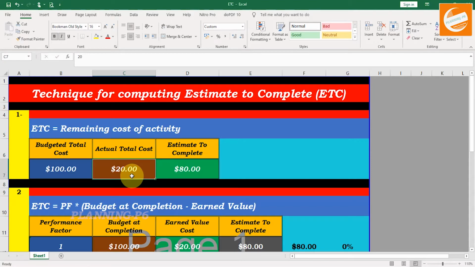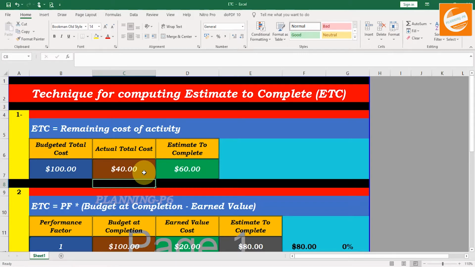If you put $30 here, then it will change to $70, and if you put 40 here, then $60 is what you need to complete that specific activity. The actual total cost and earned value cost are different. The actual total cost is calculated from your actual units, and the earned value cost is calculated from the performance of the activity, or the performance percent complete.